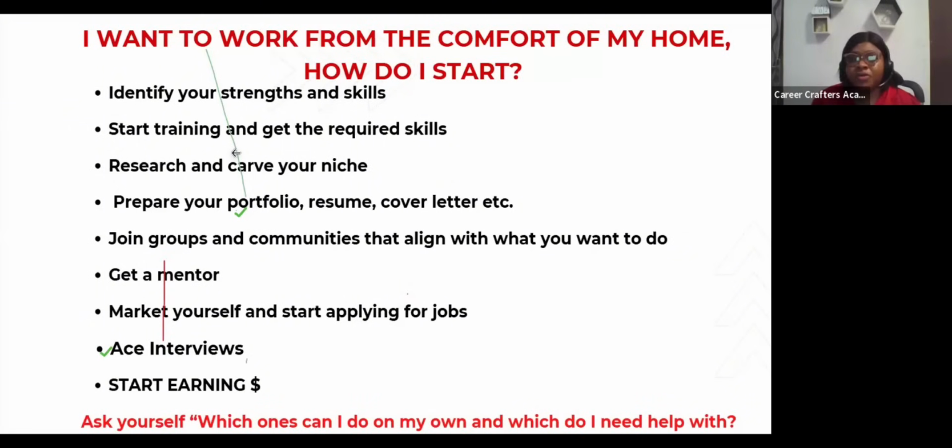You also need to do a lot of research. So maybe researching what are those things that are in demand. There are some skills that pay more than others. That's the truth. There are some skills that pay more than others. So you can say, okay, what are the skills that are paying more? What are the skills that clients are looking for?